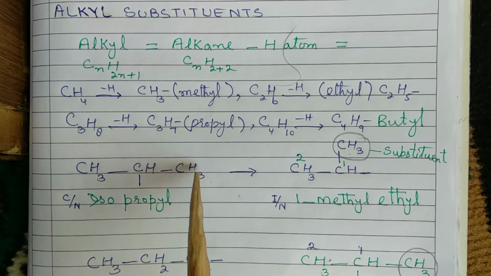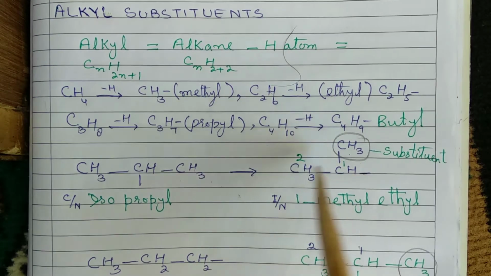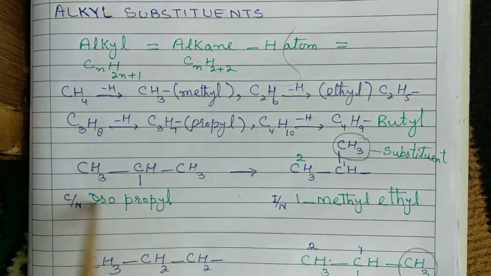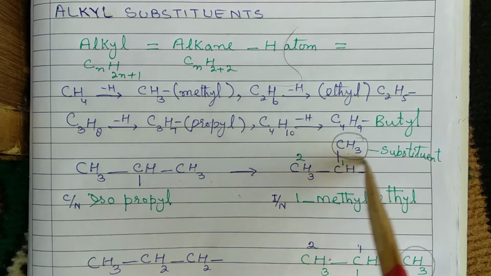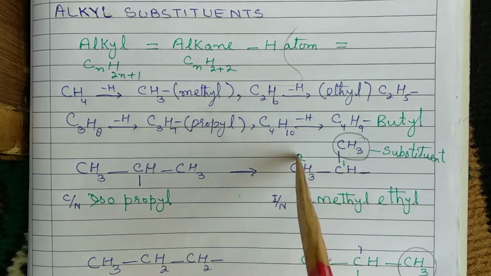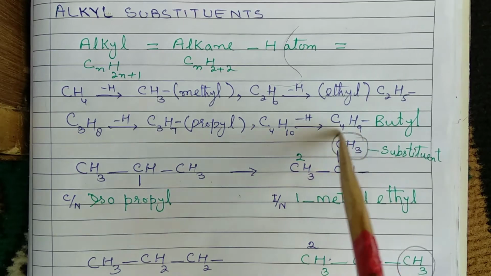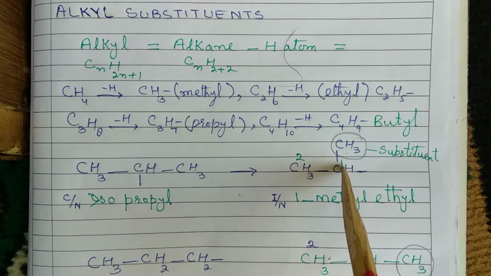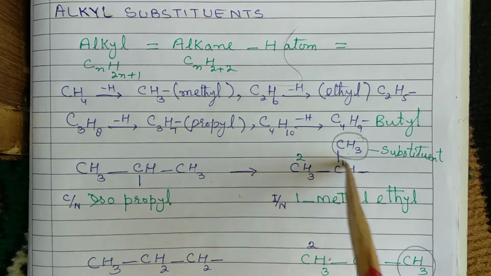If it is removed from a side carbon atom, then you can name it as normal propyl. Here you can see the IUPAC name of this isopropyl: CH3, CH3. Take this CH3 as a substituent and start numbering. This is carbon number 1, carbon number 2. The substituent, as you know, is not given any number. So this will be the substituent. So you can name it like this: 1-methyl, that's 1 methyl group at carbon number 1, and the total number of carbon atoms in the chain